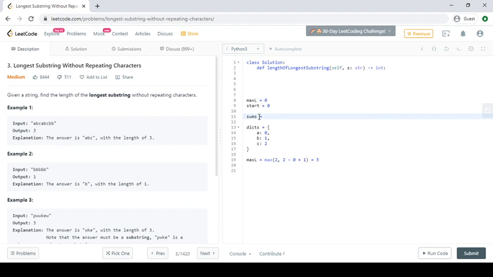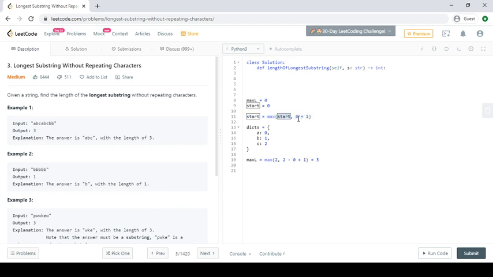Our new start will be the max of the current start and the previous index of this character plus 1, which is 0 plus 1.